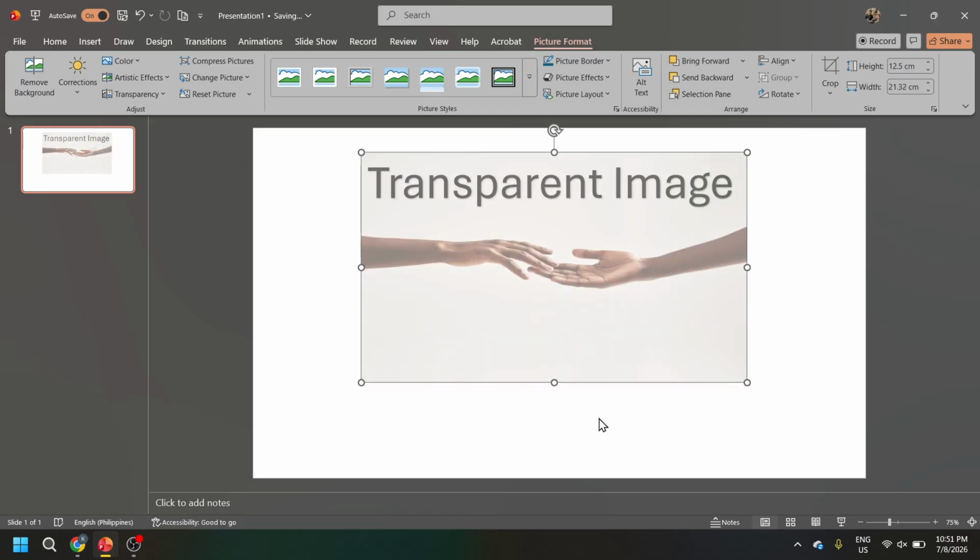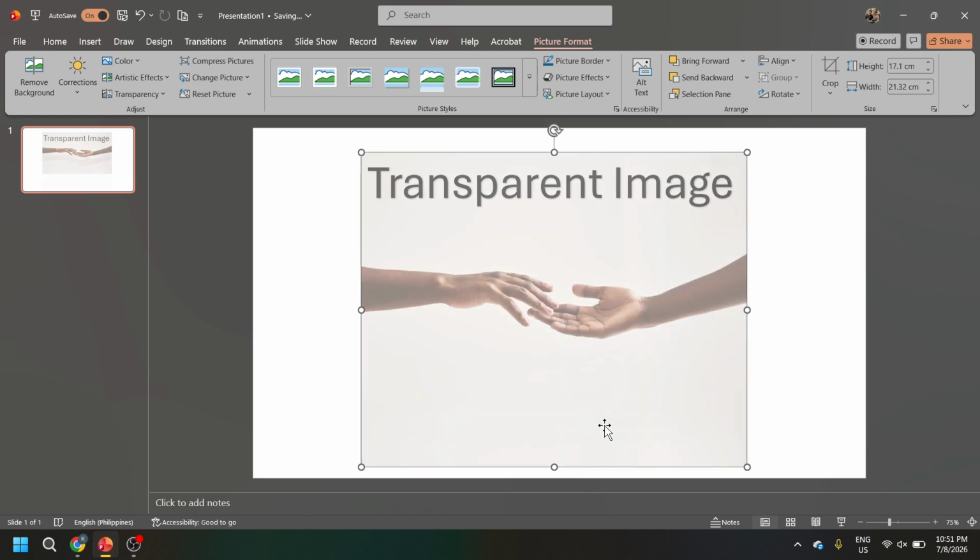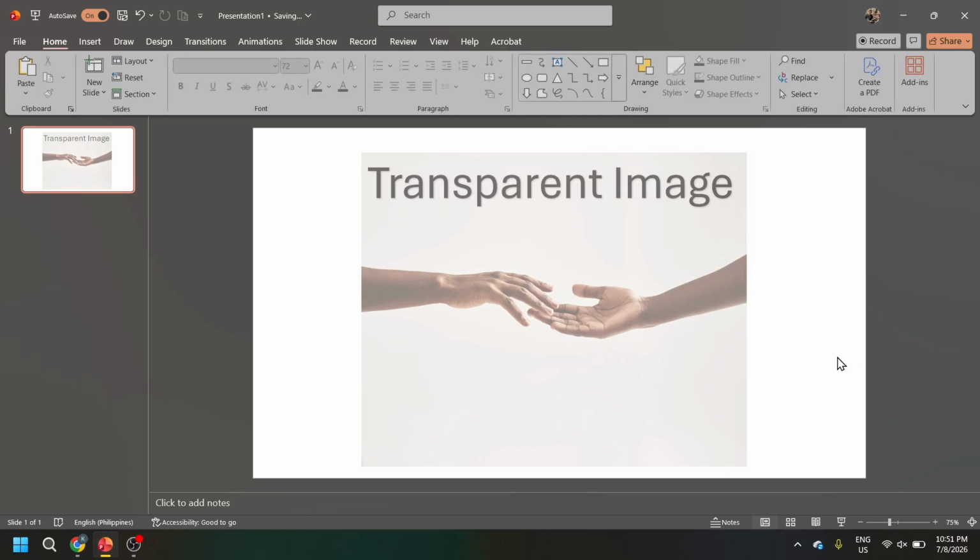A lighter transparency setting is often useful when you still want the image to stand out, while a stronger transparency effect can work well when the image is being used as a background, or when you want text and other slide elements to be the main focus. The best choice really depends on how visible you want the image to be and how it supports the rest